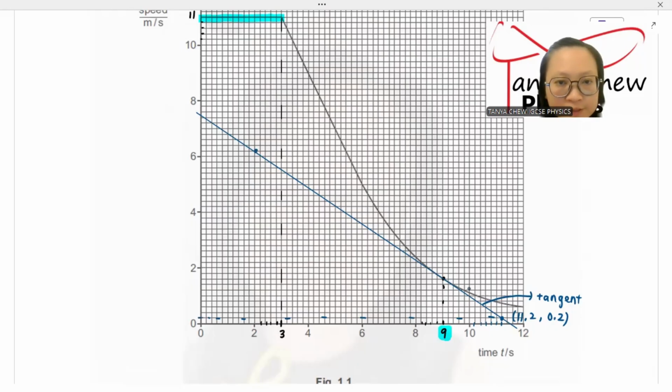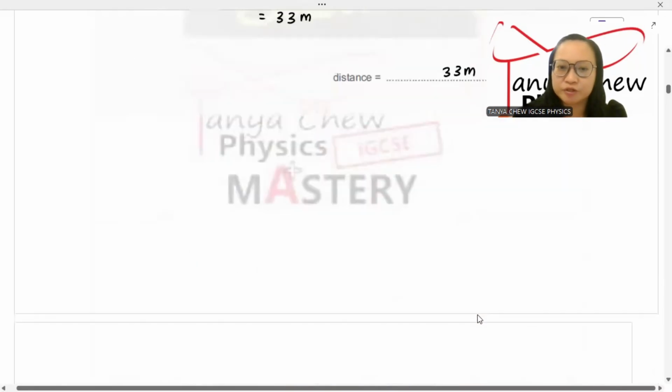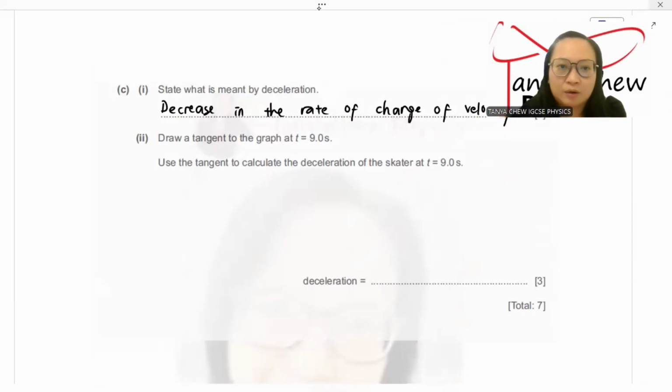I might want to use this. Okay, so this point here on the x-axis represents 2, and on the y-axis, this is 6.2. So I got my 2 coordinates, so I'm going to determine the gradient of the tangent, right? Gradient of tangent